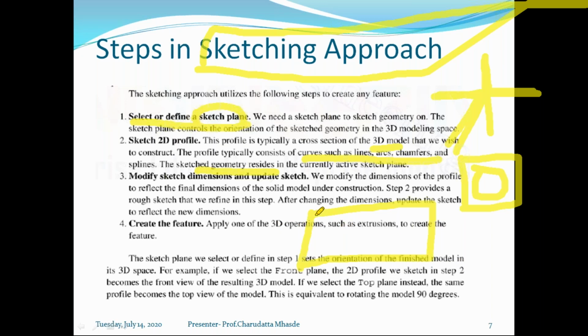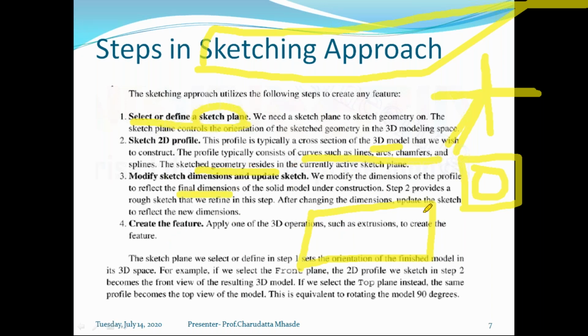In AutoCAD we already practiced this, and we have seen the dimension is also created, but the first dimension that is created is called a weak dimension, and once we modify it, it becomes a strong or final dimension. So this is the third step of sketching.